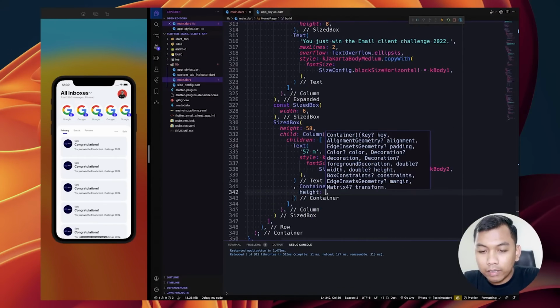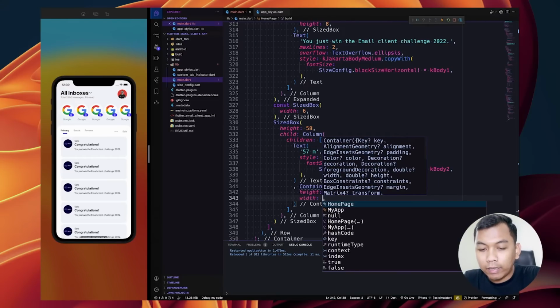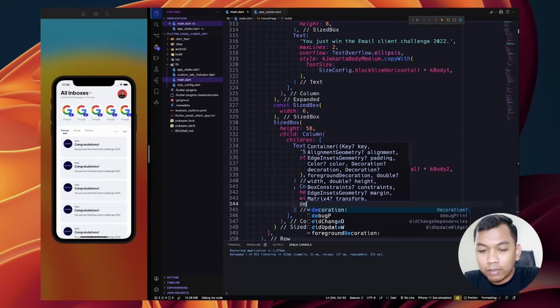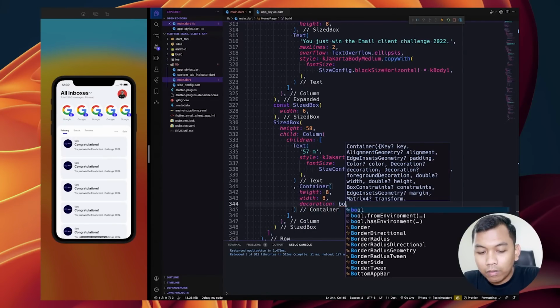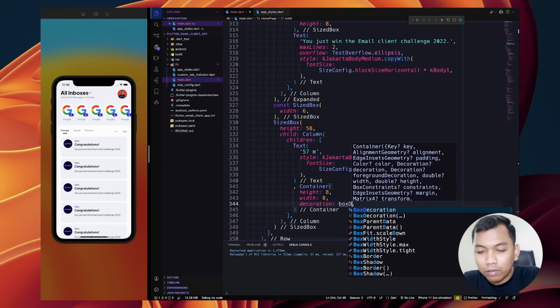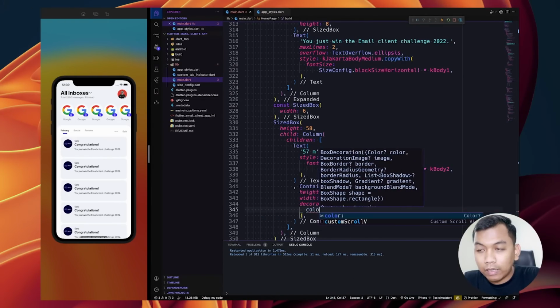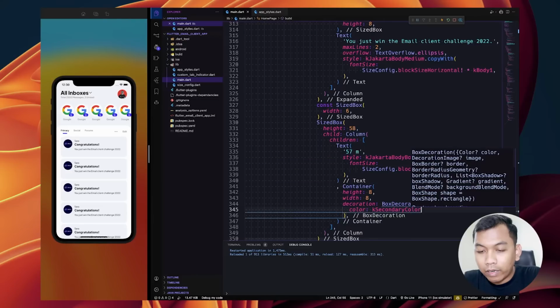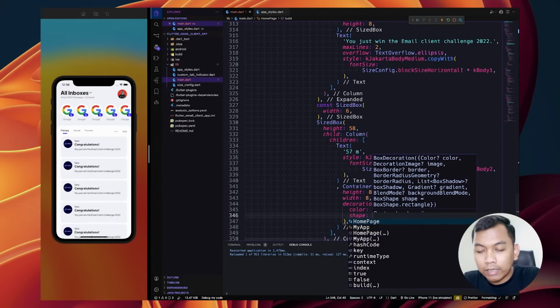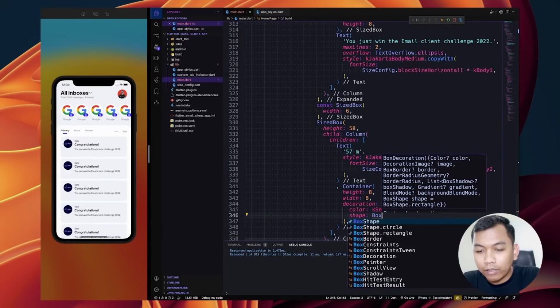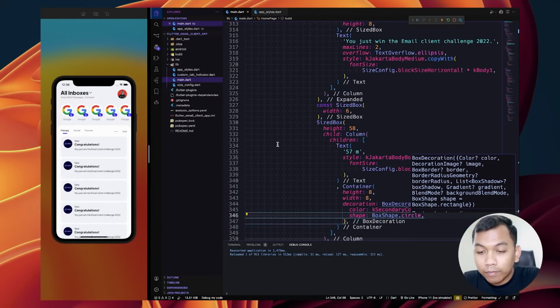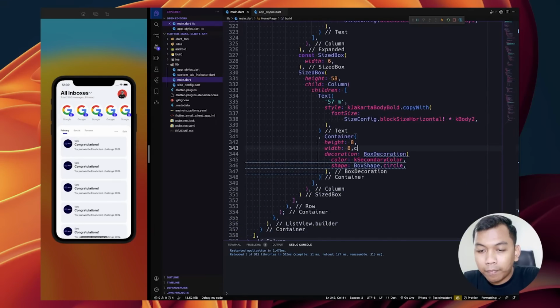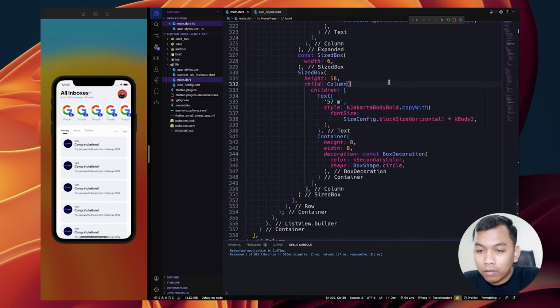The height is 8, the width is the same, and the decoration will be BoxDecoration with the color K secondary color. And the important thing, we can set the shape to be circle using BoxShape.circle. Look like this.